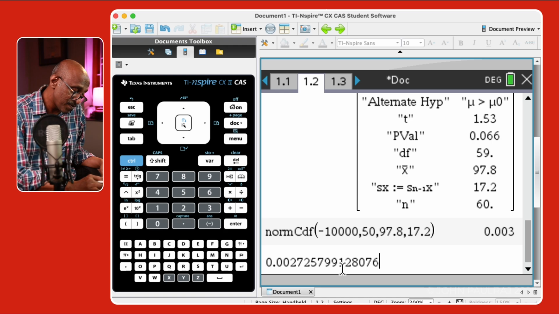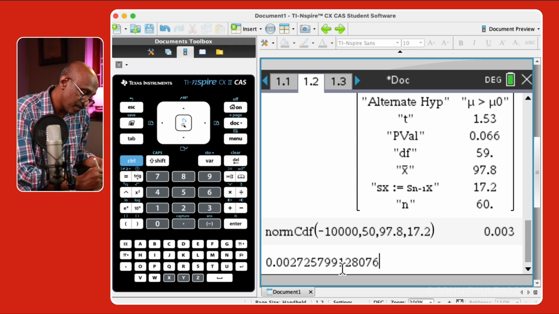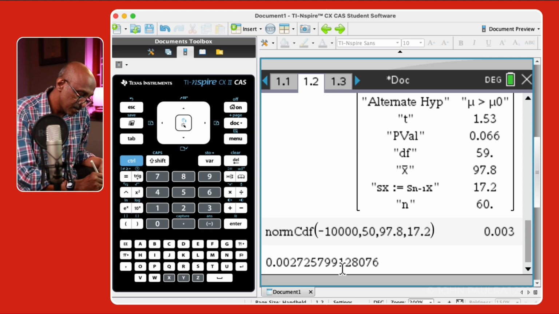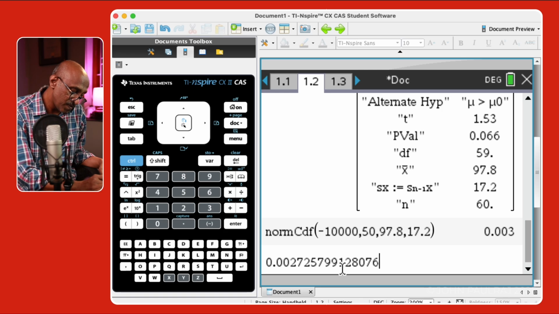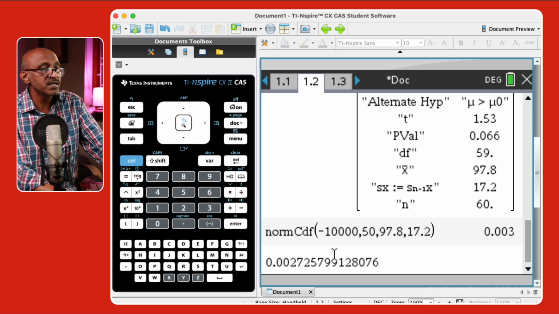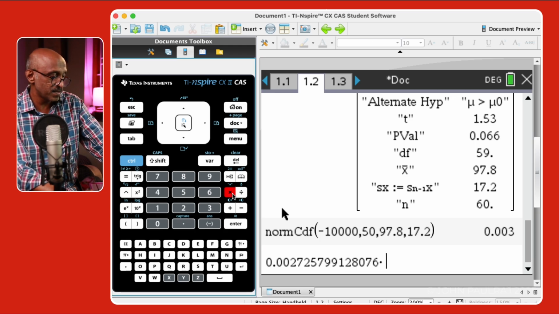Now, this is not the answer. Remember, we want to find the expected number of days. So we can write down, therefore, expected, or we can write down required. This phrase is really helpful. You can write down required expected number of days is basically the probability that we just found, 0.00273, times 365, because that's the number of days in a year, remember? When you do that, let's see what we get. I'm going to come back to the calculator now. We have this value here, and this is multiplied by 365 to get us